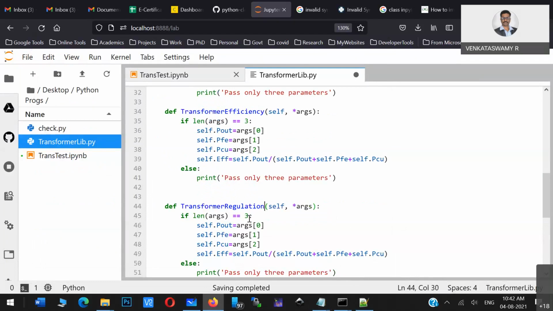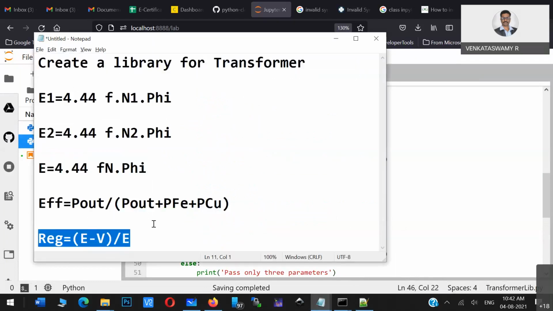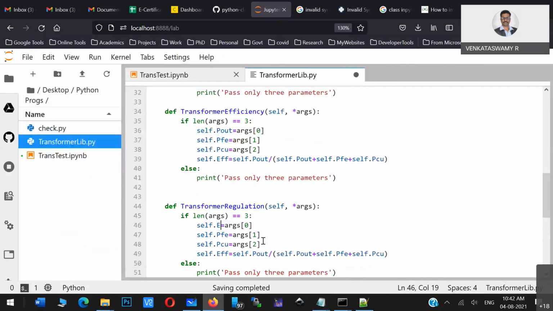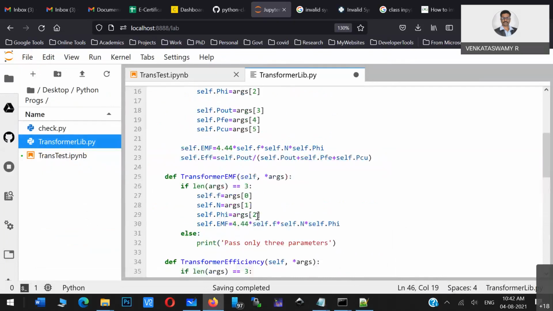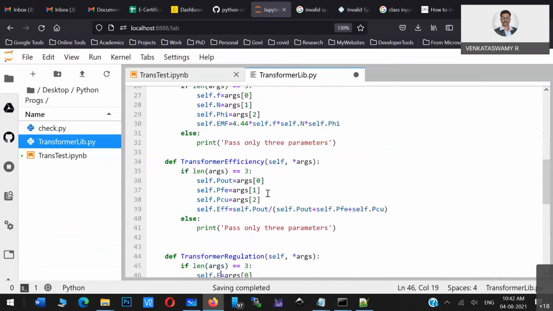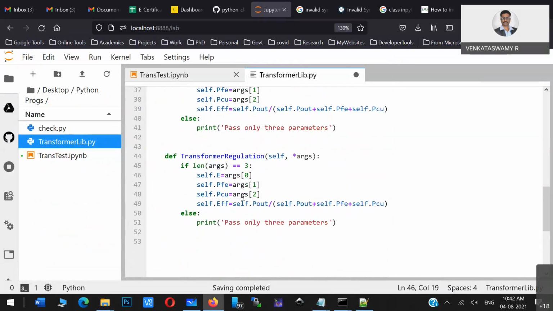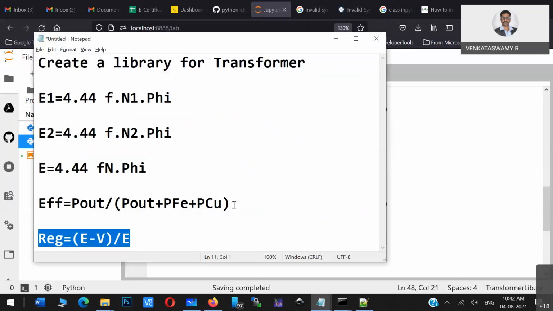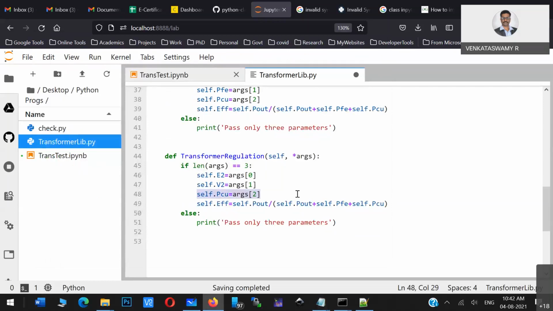Transformer regulation, 3 parameters, and here you can see the EMF. So the EMF you can utilize from previously. Otherwise, it should be that secondary terminal always. So it has to be always E2. So E2 divided by V2, and then only two parameters. So E and V2. Then that is fine.